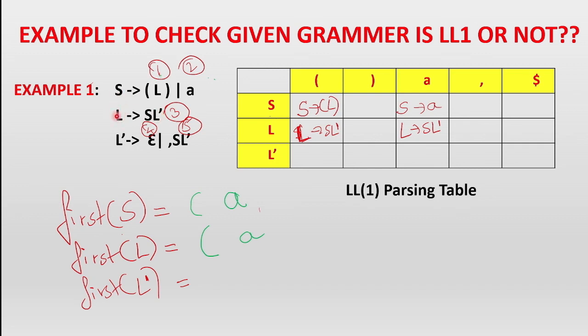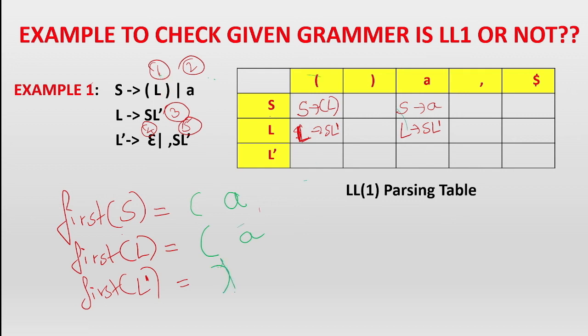So find the follow of L. Now who is the follow of L? Follow of L is this closing curly braces. Because after L, follow means who is following L. This closing curly braces. No other place after L anything is there. No other place L is there, and nobody is following L. Only this closing curly braces is following L. So that becomes the answer.